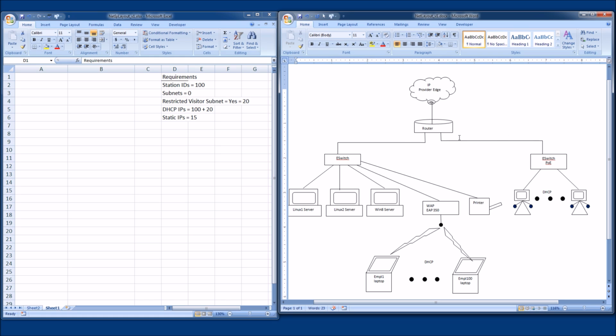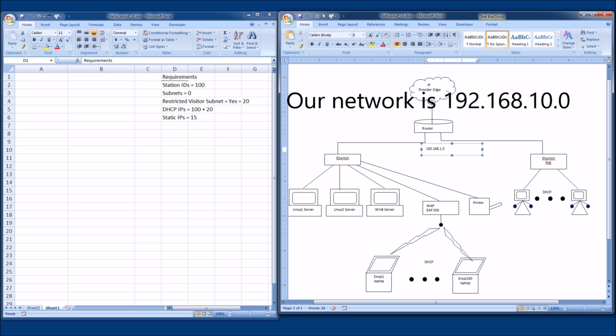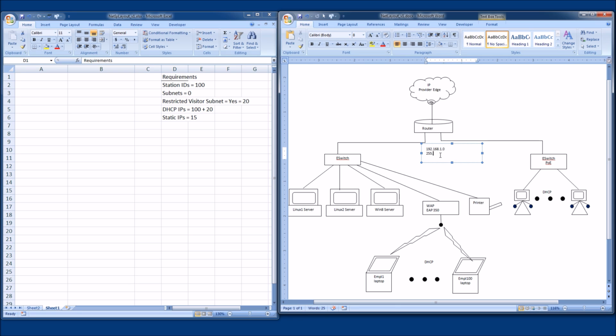So in other words, since our network is 192.168.1.0 with a subnet mask of 255.255.255.0. So that's our base network, our Class C network, and routers will not let you assign